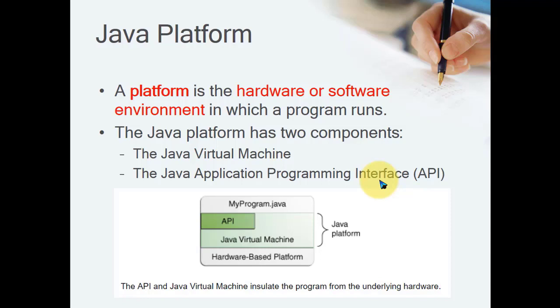So today we'll see. Basically yesterday we discussed the Java platform. Is the Java platform hardware or software? The Java platform is a software platform. It is not a hardware platform. But if you come across the terminology, a platform may be hardware or software. In case of Java, it is a software platform.